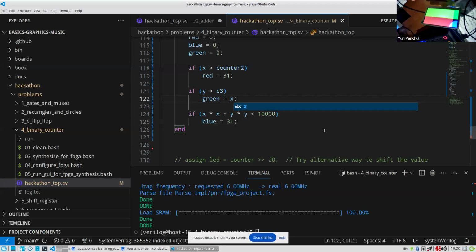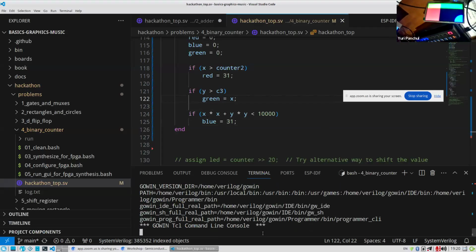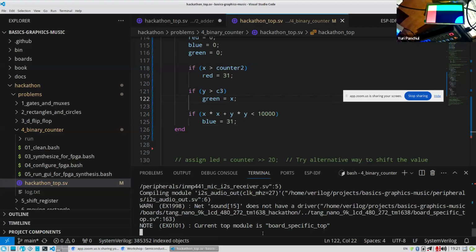So this will just show now a pattern on the screen. Yeah, you see, so now it shows the kind of patterns.